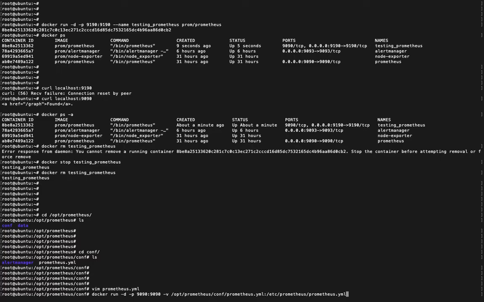So whenever my container, or whenever my Prometheus calls the default configuration, it will look at my local machine for that prometheus.yml. After that I'm going to give it a name, like Prometheus, or anything you want to give as a name. So I'm giving this name, and after that I have to give